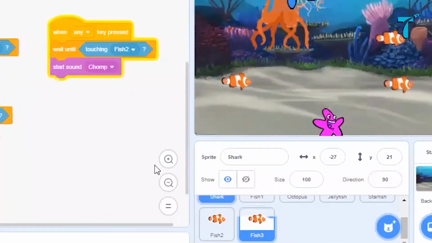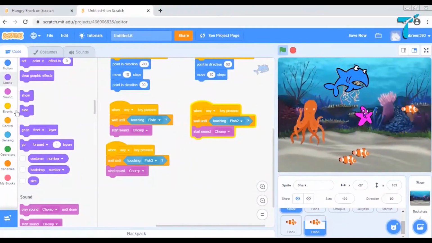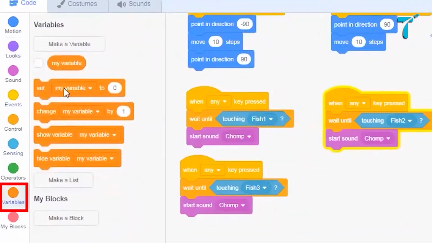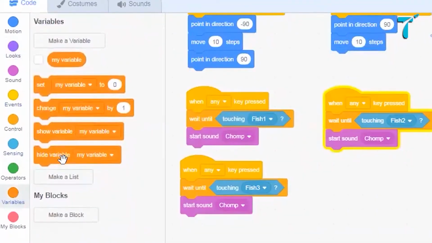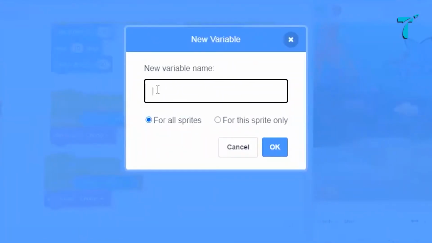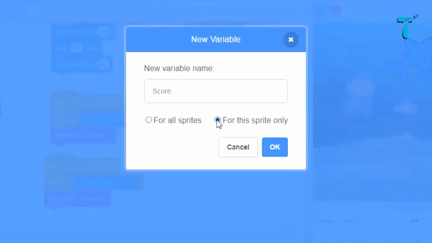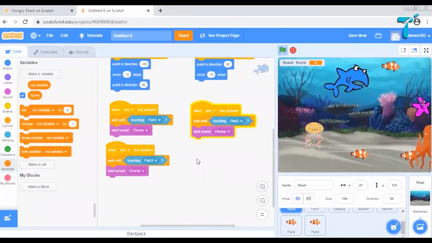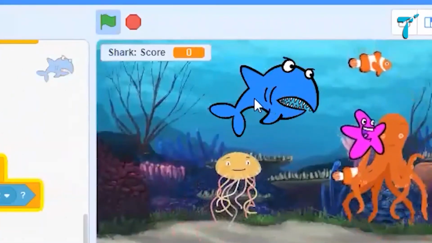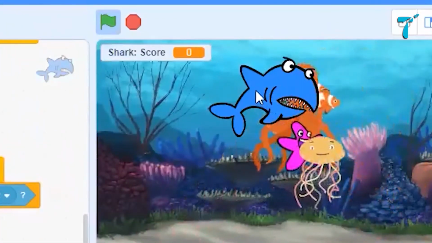So I will just click over the shark and go to variables. Here I have to create my own variable. So I'll click over make a variable, name it score, and keep it for this sprite only. Okay, that is the shark. It keeps a counter for the shark.